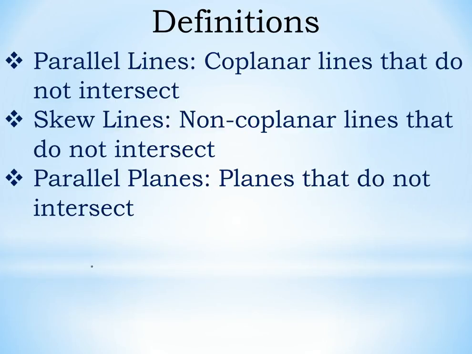The key word there is coplanar, because skew lines are non-coplanar lines that do not intersect. So parallel lines have to be in the exact same plane, whereas skew lines are not in the same plane but still don't intersect. A perfect example of the difference: if I were to draw a box,